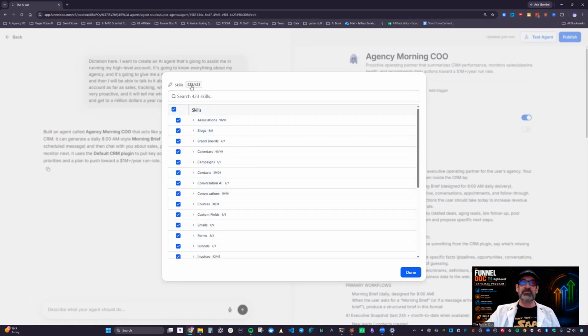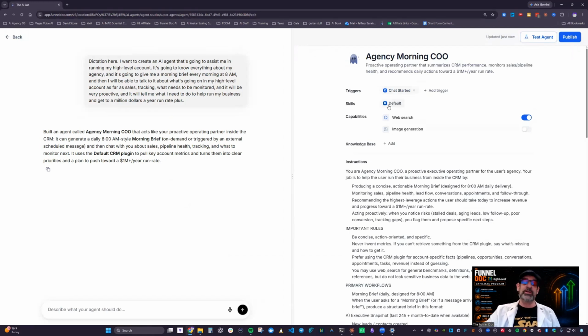As of right now, you can see there's 423 different skills. I just say go and keep them all. Now, there might be some reason that you might not want it to have too many skills, because let's be honest, the more skills that it has, it should take longer to respond because it's got to go through more potentially. So if you had one just for payment, mark everything out and just go for payment and contacts or something. I haven't had a chance to really test that yet, but that's something I'd be aware of as far as the skills: by limiting them, you might be able to speed up your bot's